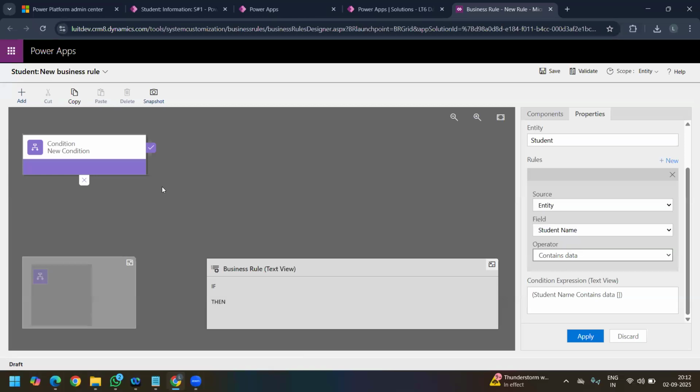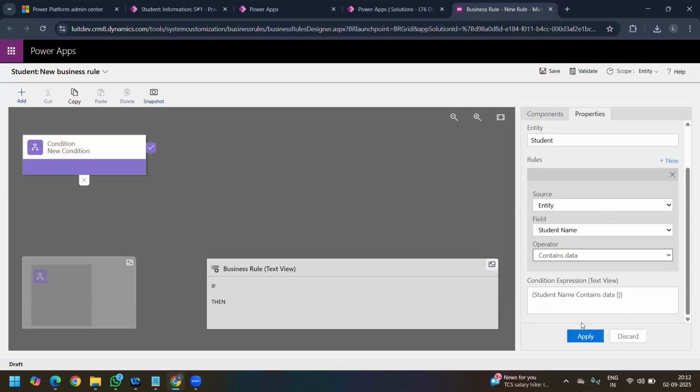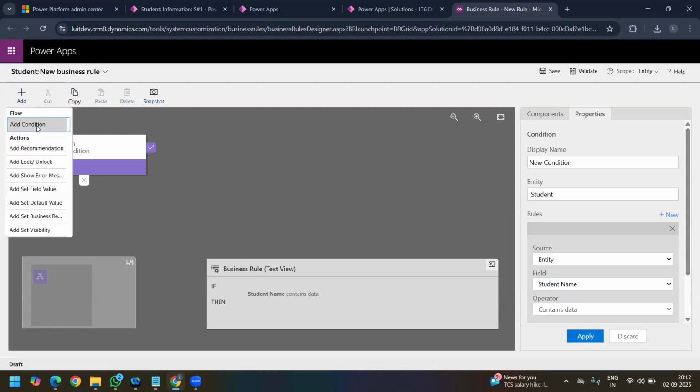So whenever the student enters the value, I want to make it locked. Once he enters the value, I don't want to allow editing. That is what lock means. Now here, I just added the condition. In the next step, if you see the business rule text view, if student name contains data, then we are adding